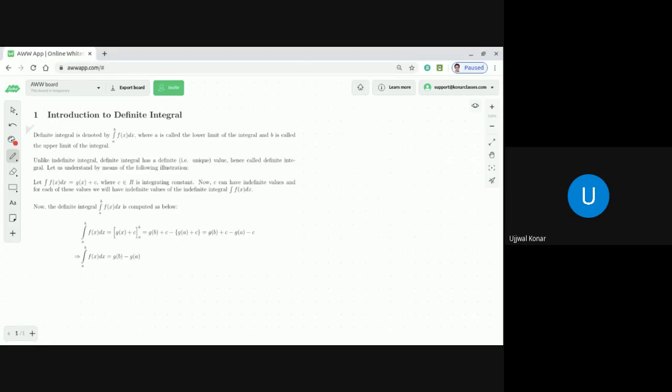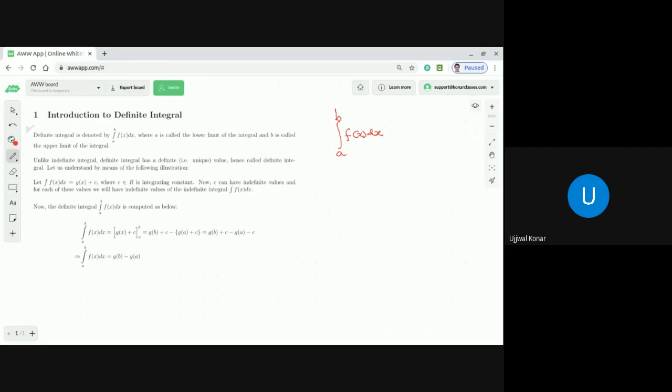So the definite integral, how is it defined? It is defined, as you see in the indefinite form of integration, with a lower limit and upper limit. If you recall, that was the integration of f(x) dx. That was known as indefinite integral. But when we give this indefinite integral a limit, a is called the lower limit and b is called the upper limit. And a and b are real numbers.